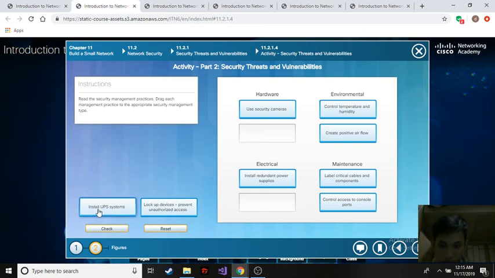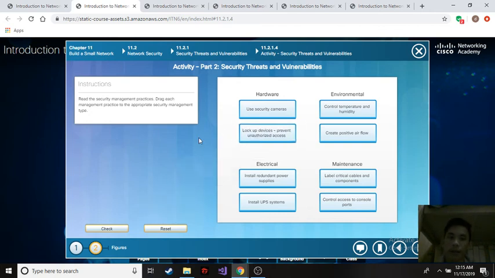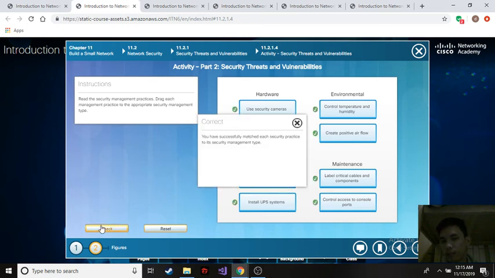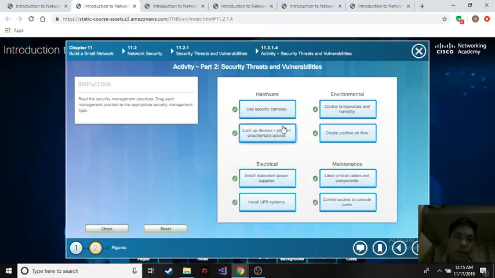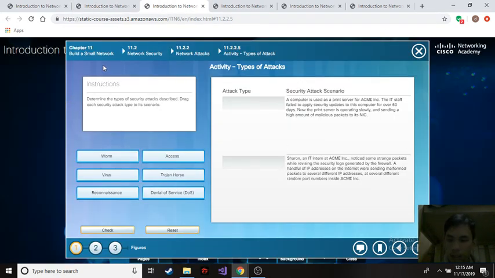Install up systems should also be in the electrical, and lock up devices that prevent unauthorized access should be on hardware. So I hope I managed to identify the appropriate security management type where they belong. To know it, let's go check. Okay, we managed to answer all of the correct answers here in the first activity. So let's proceed to the next activity,